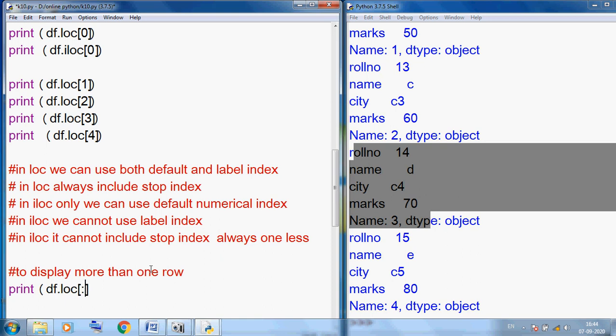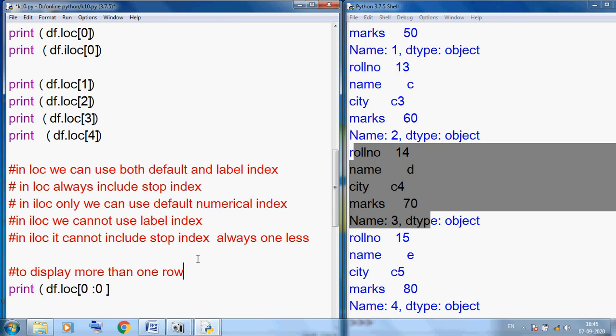Here we can perform a slice operation. Last time I did not use the slice operation, but I want to display more than one row. So here I am using 0:0. You can see it will include the stop index. So start from 0, stop at 0, so it will display only this row.